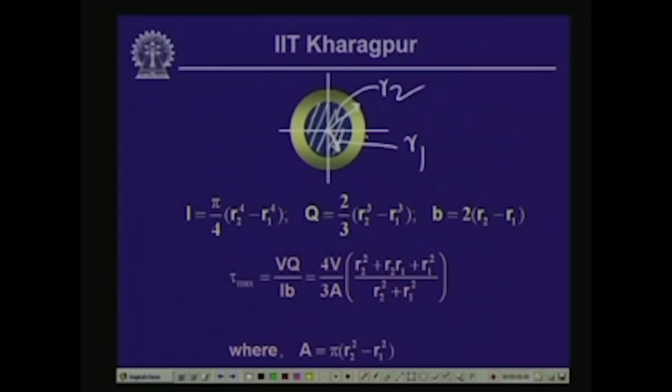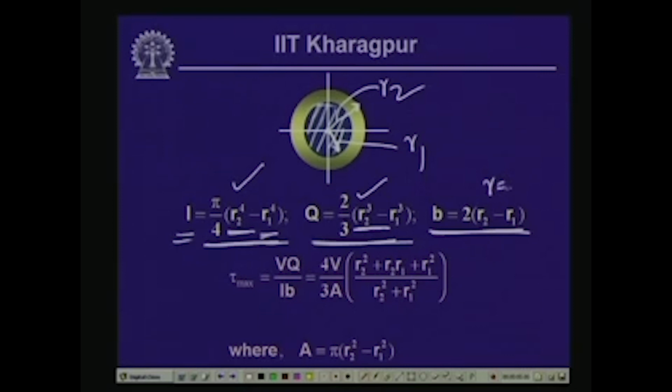As we have seen, the moment of inertia I is equal to pi by 4 r to the power 4. If we subtract the internal circular part from the external one, we get the I of the annular part. So, this is pi by 4 times r2 to the power 4 minus r1 to the power 4. Q is 2/3 r cube, and in place of r cube we substitute r2 cube minus r1 cube. b is equal to twice r, and we substitute for r as r2 minus r1, the external radius minus the internal radius. And if we substitute these values of I, q and b in the expression for maximum shear stress,